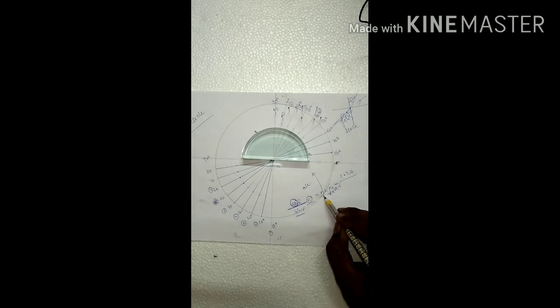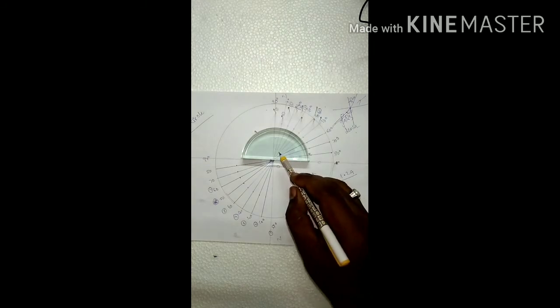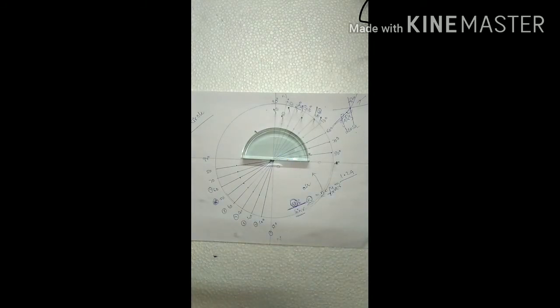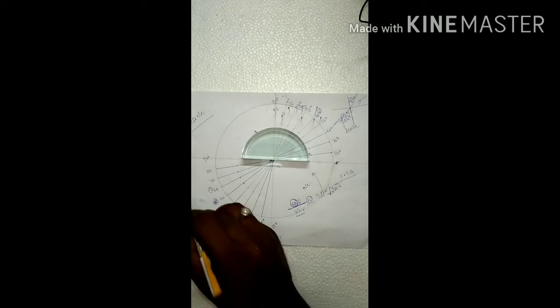This refractive index depends on the nature of the material. From material to material the refractive index changes, and it also depends on the temperature. Refractive index depends on the temperature and the nature of the material, and at the same time on the light that we used. This whole concept was given by Dr. Snell. So this law is called Snell's law.